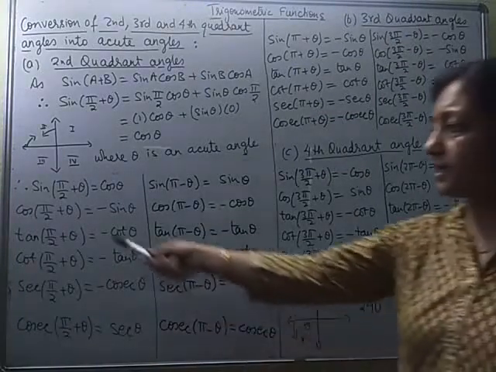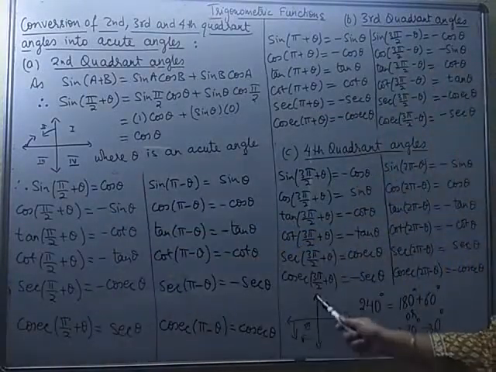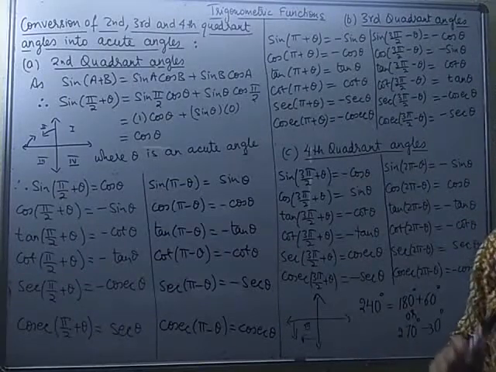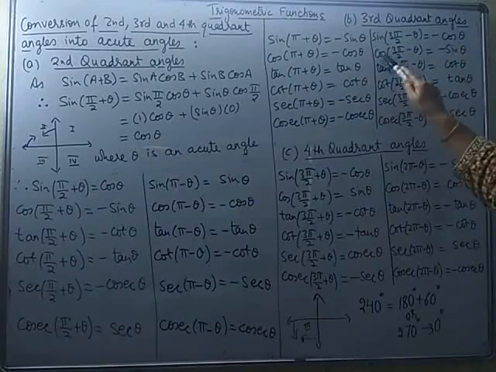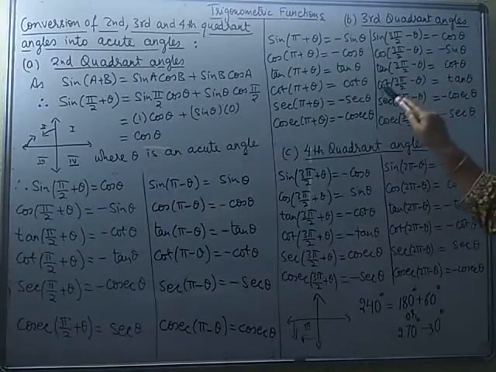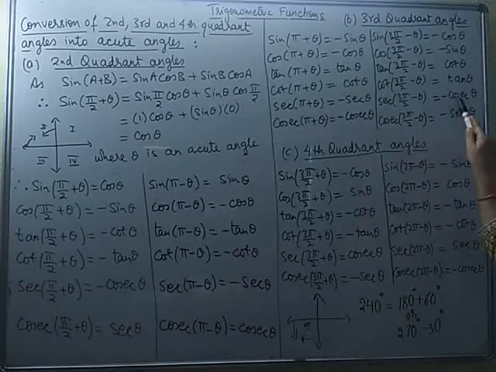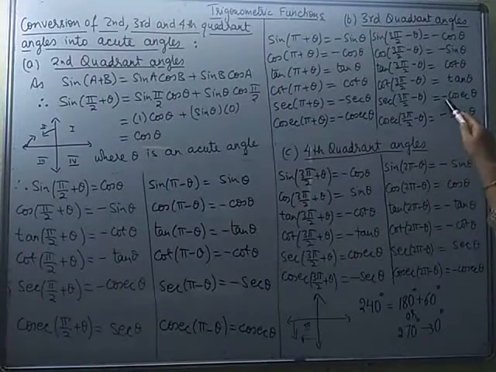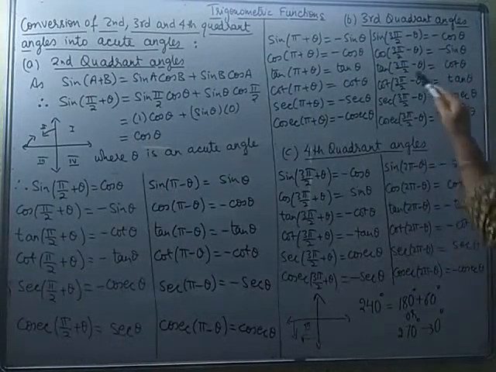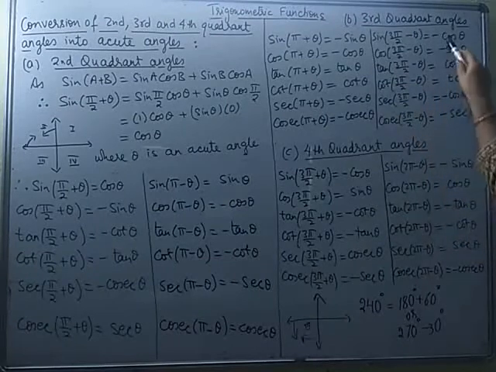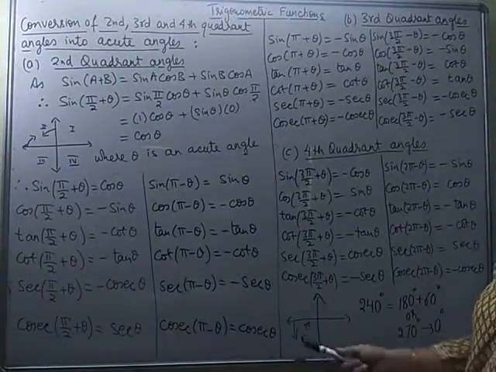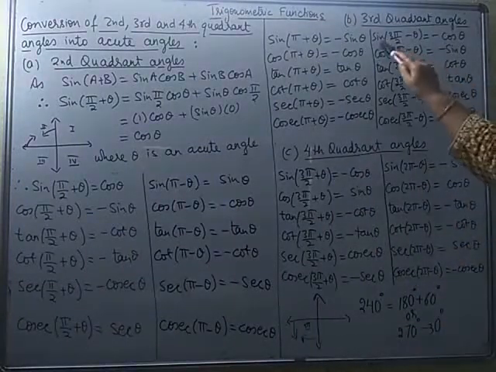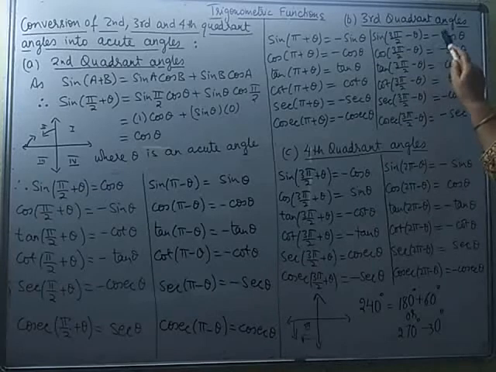What you have to keep in mind, when you are taking the changes along the angle which is about this vertical line, the functions will change. Sine will become cos, cos will become sine, tan will become cot, cot will become tan, sec will become cosec, and cosec will become sec. Understood? Again, where will you put minus sign? Except tan and cot, rest all the functions will become negative, because in the third quadrant only tan and cot are positive. So sine 3 pi by 2 minus theta is minus cos theta.